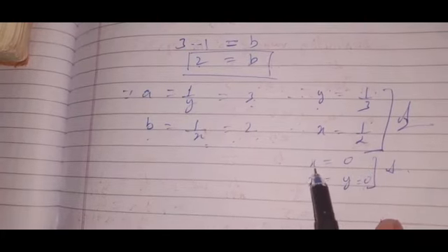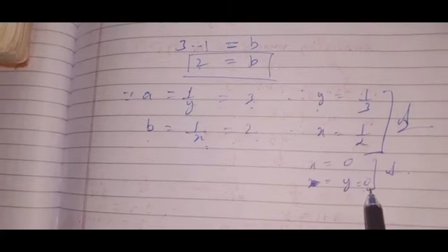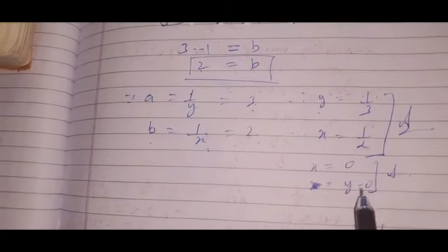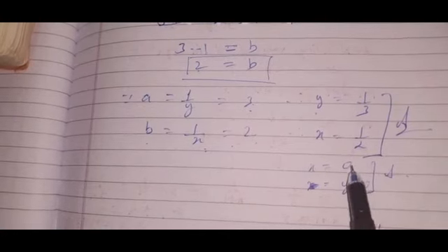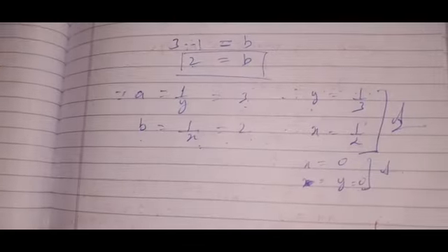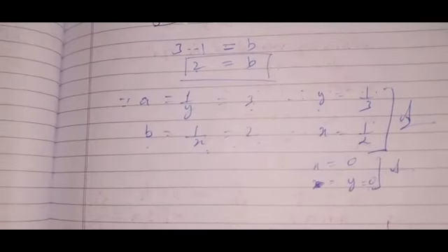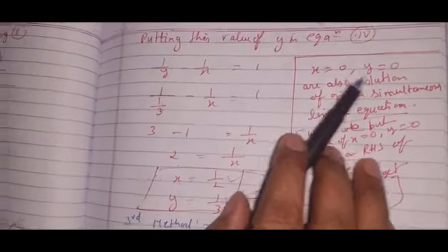It means when you put the value of x as 0 and y as 0, you will also see that LHS and RHS are verified for both equations. It means these two are also solutions of the given equation. That's why, when I was solving by the second method, there was some space, so I have mentioned here, because there is no other place, that x equals 0, y equals 0